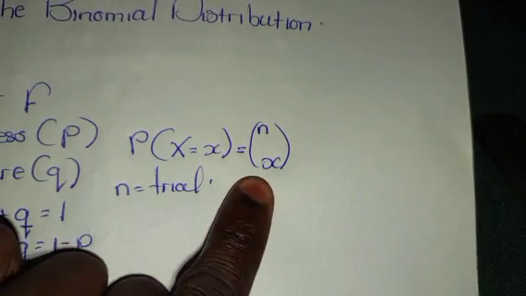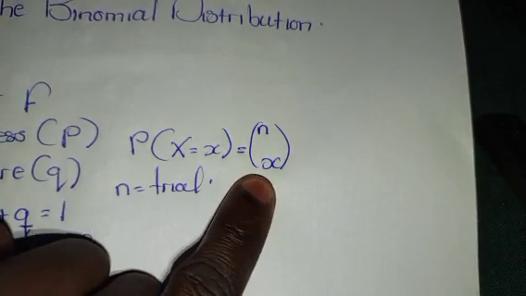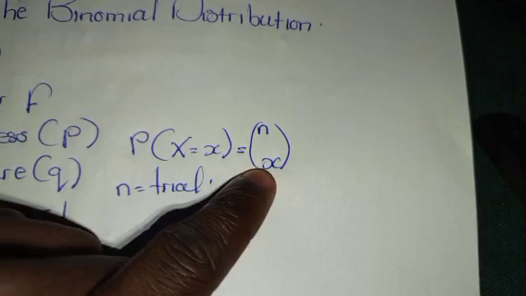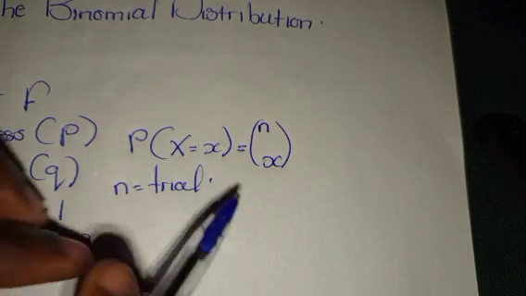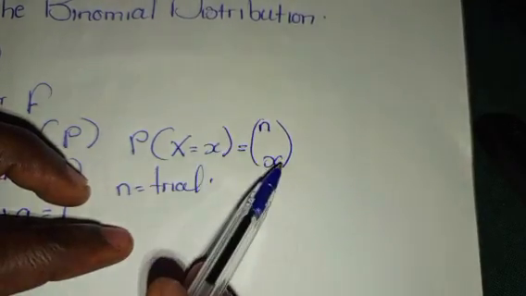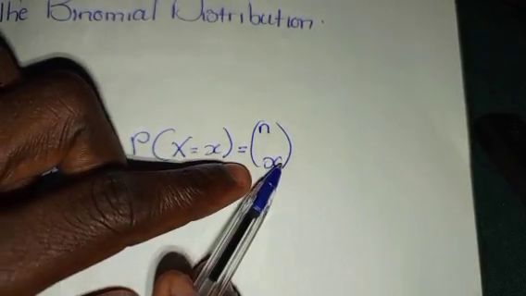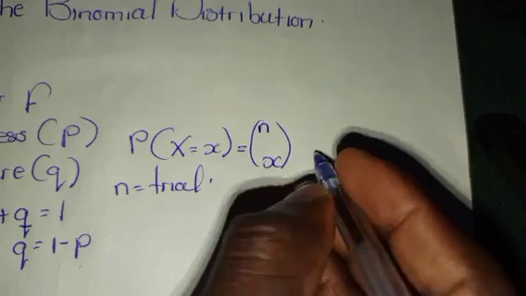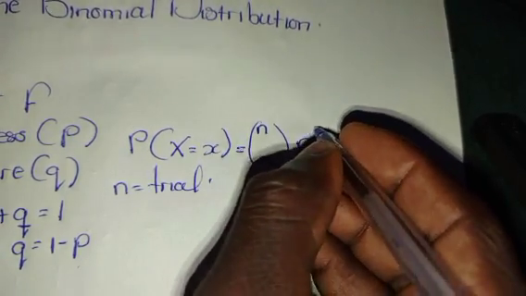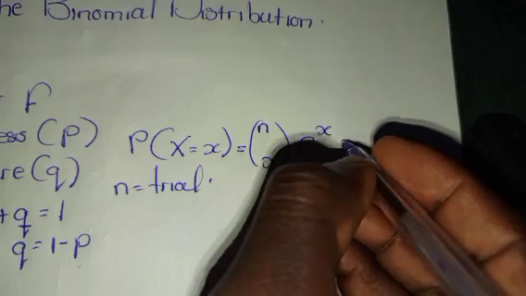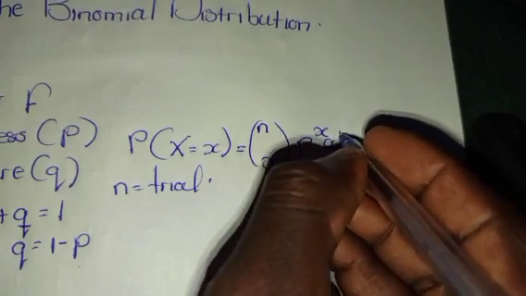We do not know how many successes or failures there are, in terms of how many times the experiment can be repeated to get to this number of trials. That's what x is. So this is equal to n combination x, p to the power x, q to the power n minus x,